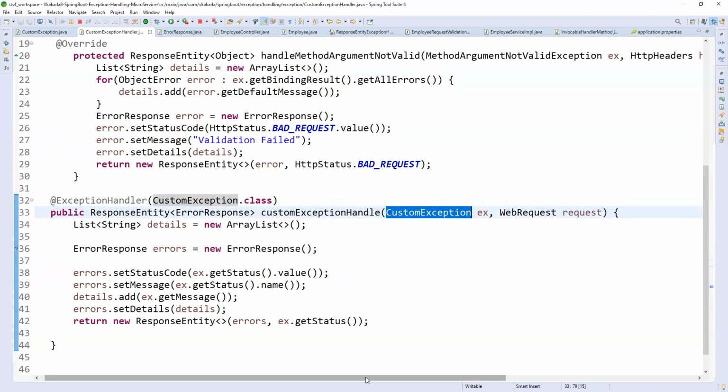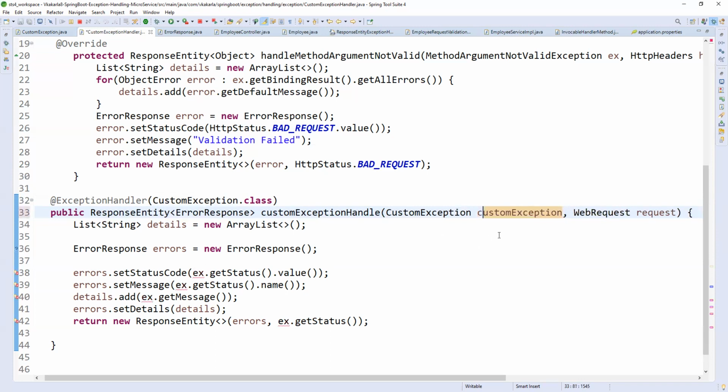Consider that from there it is throwing some custom exception. Whatever exception you throw from there will be handled here, and those exception values will be in this object. The ex is nothing but the custom exception reference.